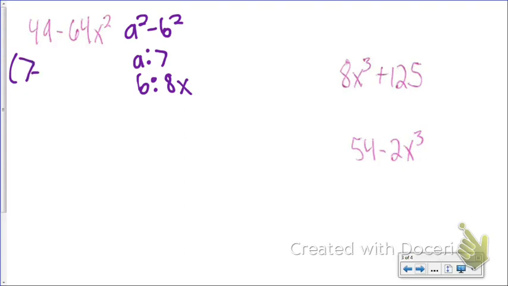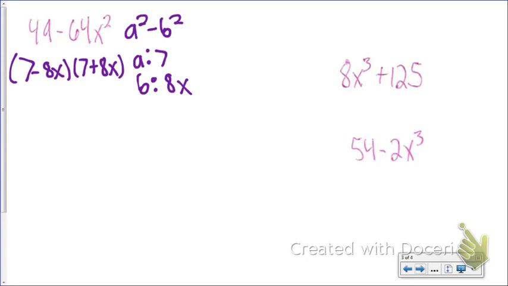It's just going to factor into 7 minus 8x and 7 plus 8x. So the sum and difference of squares can be really, really simple if we just look at those. All right, now my next one over here on the right, I've got